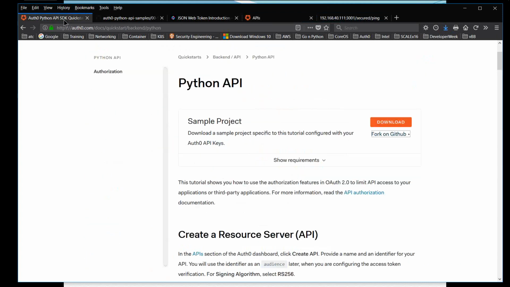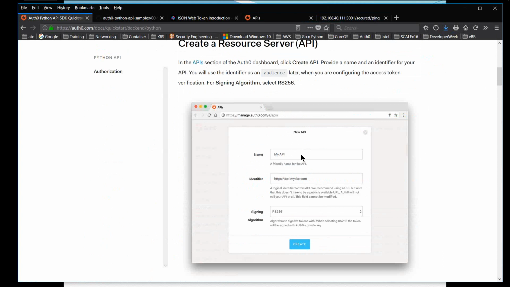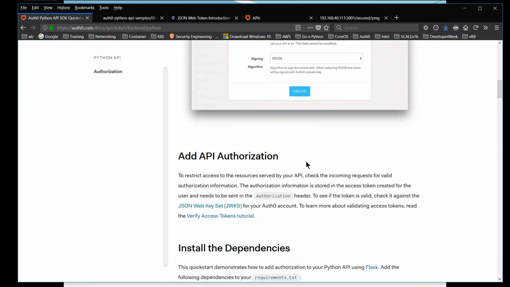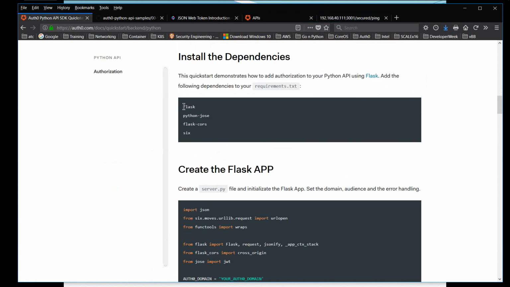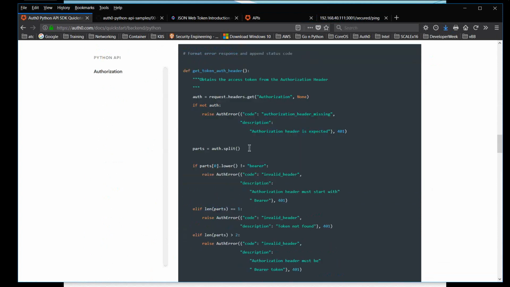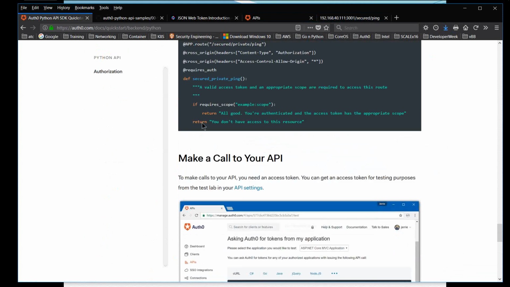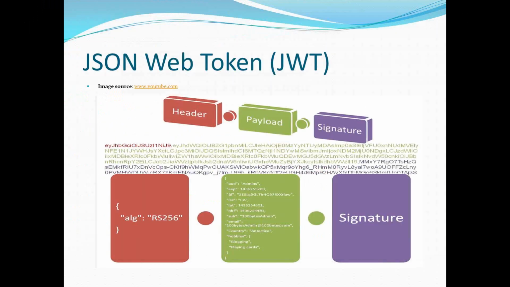If you go to this page, you can download the code from GitHub and then play around with this. This also tells how to configure this API. It talks about how things are being added. It tells you how to do the pip install, the requirements of all this, and then it talks about how things work and explains the code. And for another demo I'm preparing,